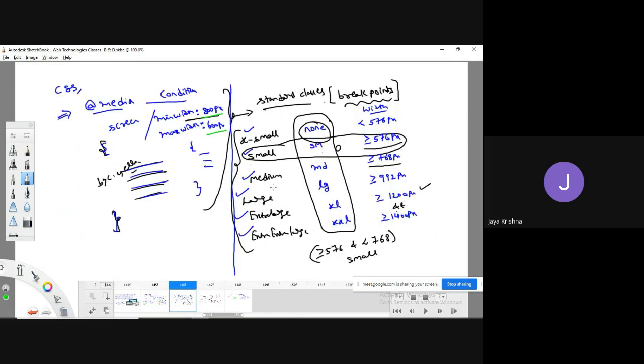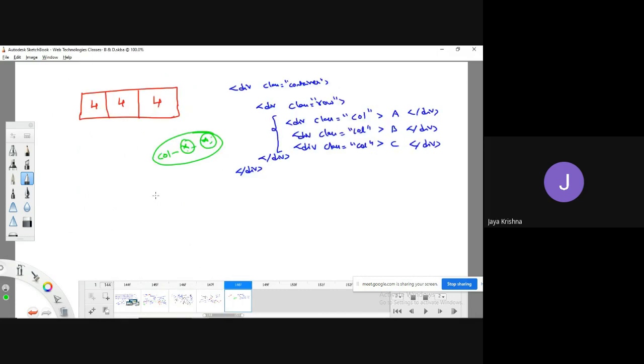Here device type means that the device can be anything, whether it is extra small, small, medium, large, extra large, extra extra large. So here you can write col-sm-something like 2. You will be able to understand this later. But right now I didn't mention any kind of device, meaning that for all kind of screen widths, this particular column is going to act in the same manner. What about this one? As I didn't mention any type of device for this also, it is going to act in the same manner for all kinds of devices.